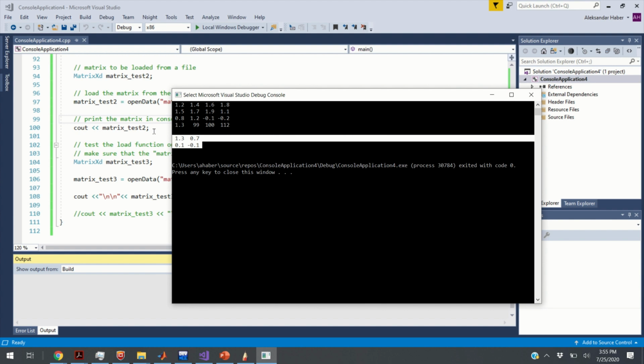I'm going to post this code on GitHub, and in my future video I'm going to integrate this piece of code with a more complex code, and this code will be used to simulate a dynamical system, to save the data to a file, to transfer this data to MATLAB, then in MATLAB to perform some computation, and then to save the results in MATLAB to a CSV file, and then to load them back into the Eigen C++